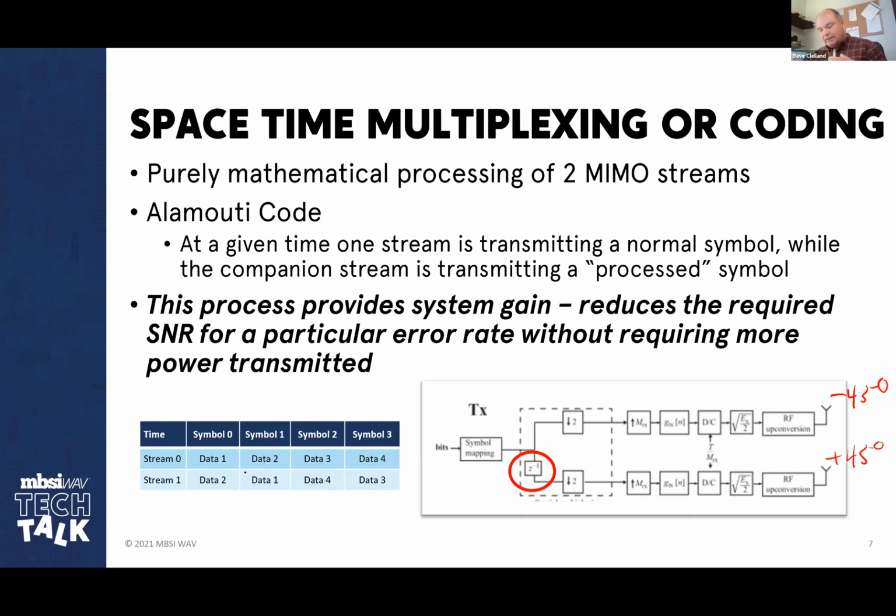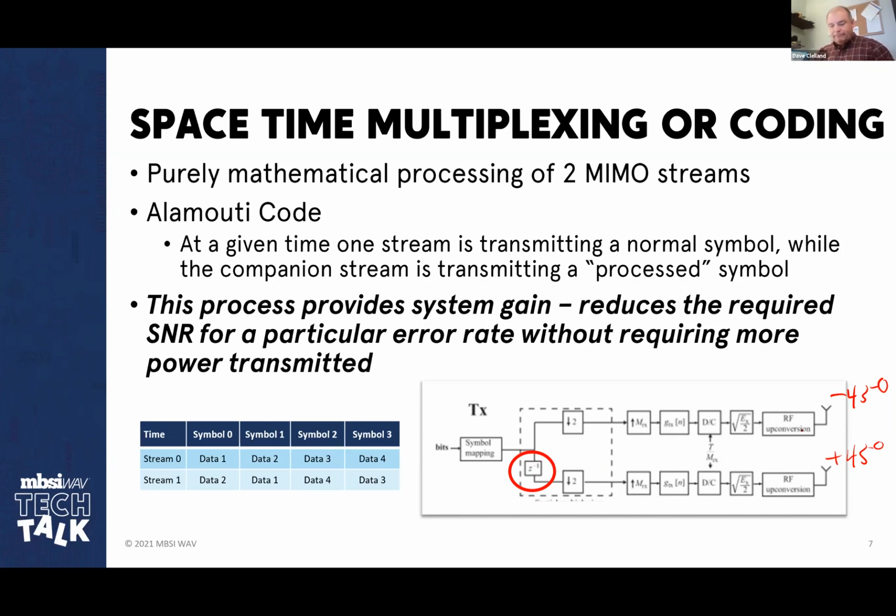And the flow chart here makes it real simple. I've just got this Z function here to the -1. So it's assuming that the filter Z is being applied to stream 0, and the filter Z to the -1, the inverse, is being applied to stream 1. And so that's right out of the symbol mapper. And so this is how this is all generated. Now, all the rest of the transmit streams are the same. I apply the same filters. I apply the same mixers and upconvert and transmit